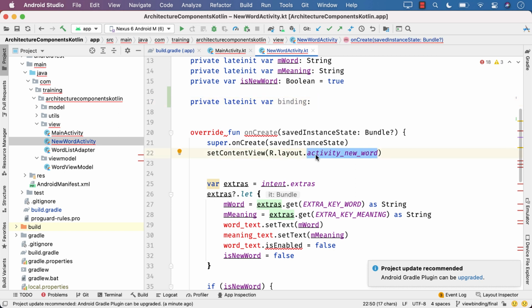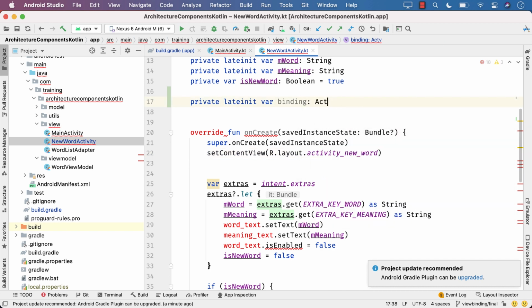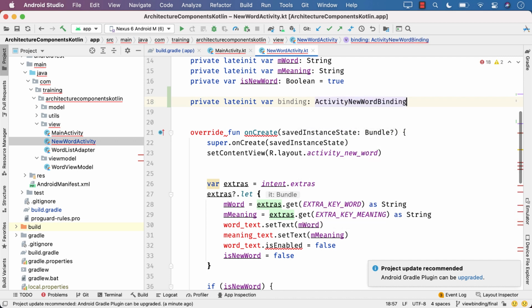So your layout file is activity_new_word. View binding will create internally a class named ActivityNewWordBinding. You start typing and Android Studio will prompt you for it. This automatic prompting will happen if your view binding is properly enabled in the module.